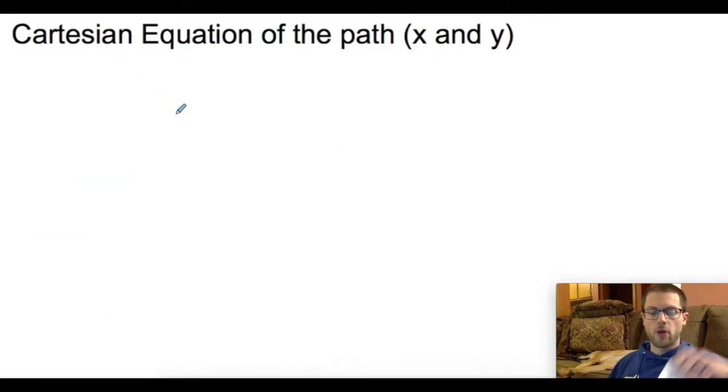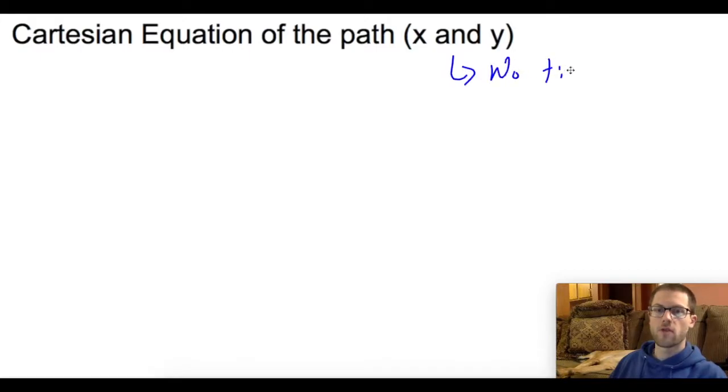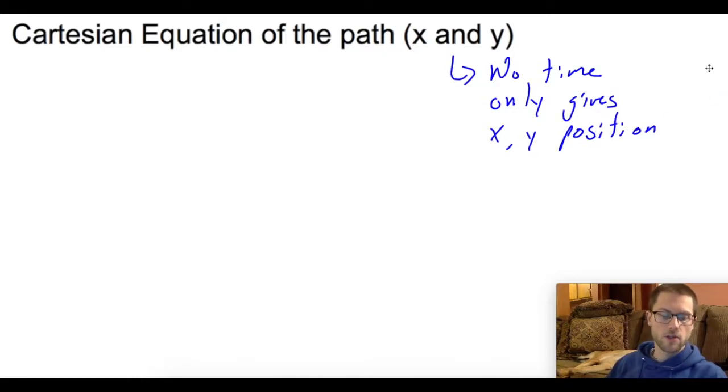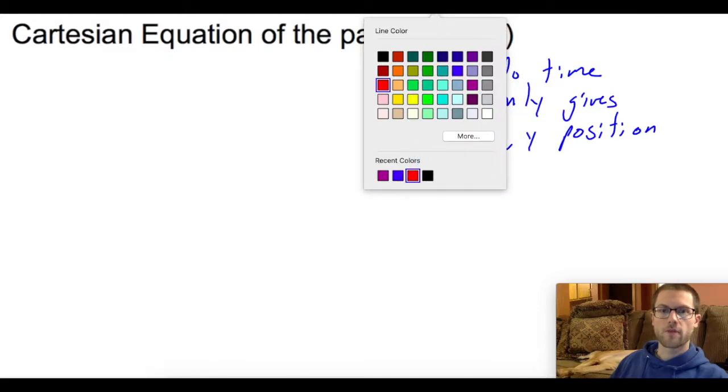Now really there's a third type of equation, Cartesian equations, and what that is, is just showing the path of x and y. The advantage of this is you can get a full view of what the actual path is. The disadvantage of this is there's no time involved in this. This will only give you position, irrespective of time. And so how do you do this? Well, if I wanted to find what the Cartesian equation is of this path using just x and y, then what I'll need to do is I'll have to start